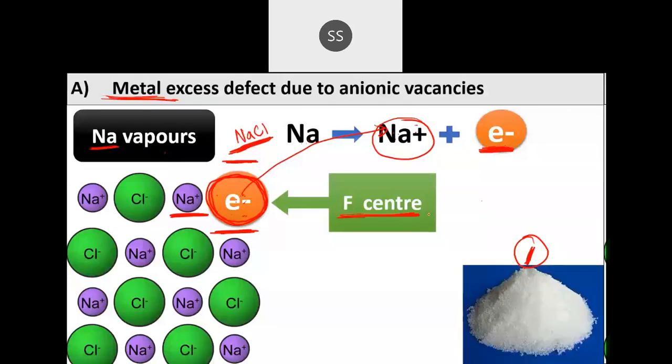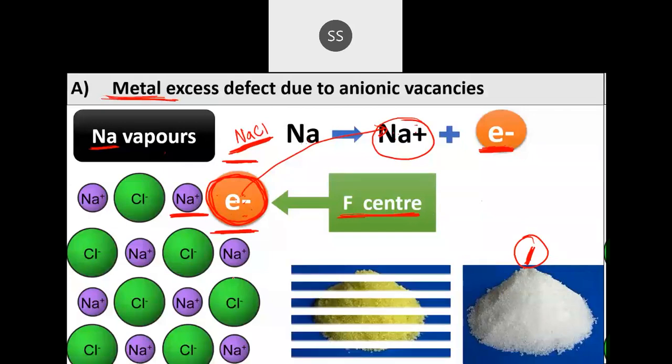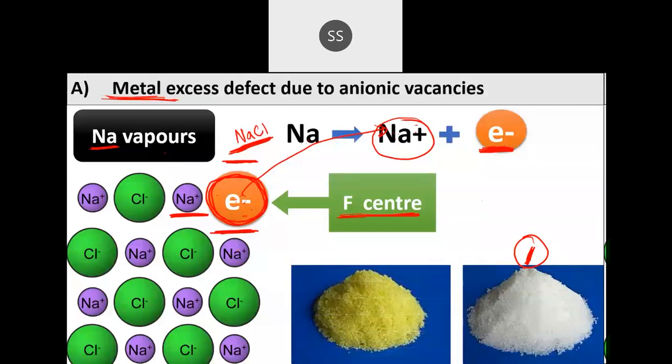Initially the crystal is actually white. Because of the presence of this electron, it has changed into yellow color. That is because of excitation of this electron. When they go to the higher state and come back, they emit certain radiation, which is seen in the form of color. So sodium chloride is found to have yellow color. If it gives you yellow color, that means there is an electron, and one chloride ion is less in that particular lattice.